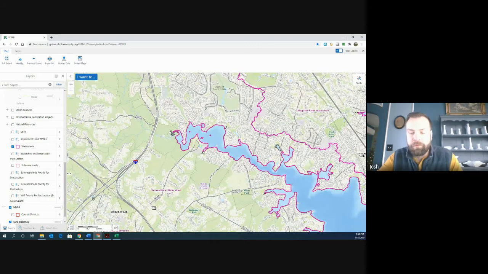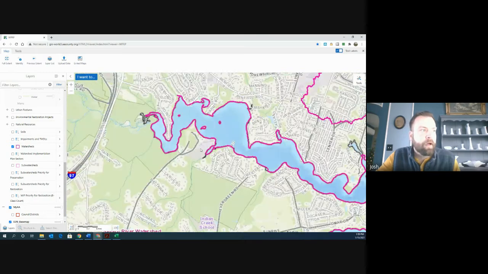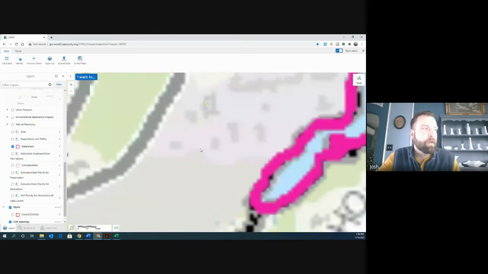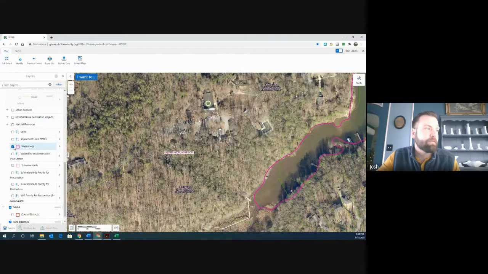I know a few of you folks weren't sure of how to determine which watershed you're in. So that's a really easy way: if you put your home address into the "I want to find an address" box and turn on this layer, you'll know where you're at. Similarly, and probably for that reason, if you turn off the watershed, you can also turn on the subwatershed toggle,